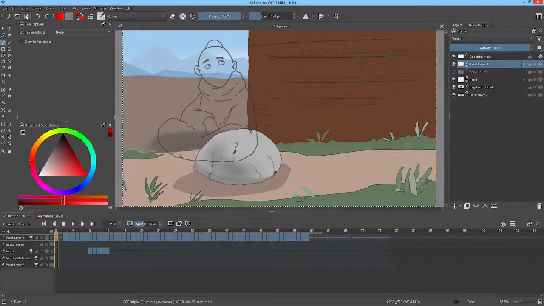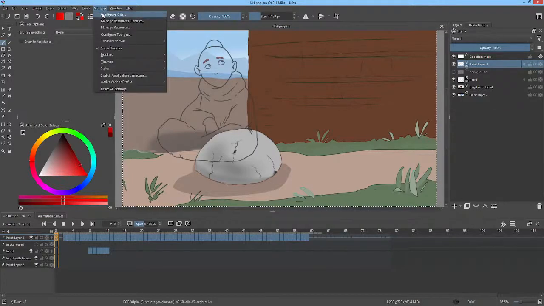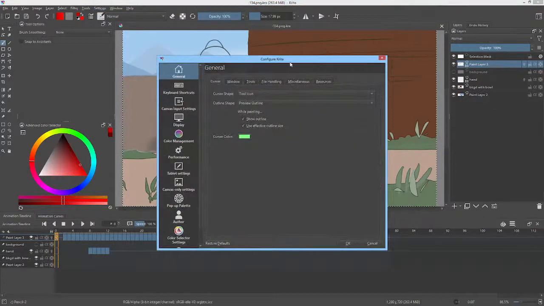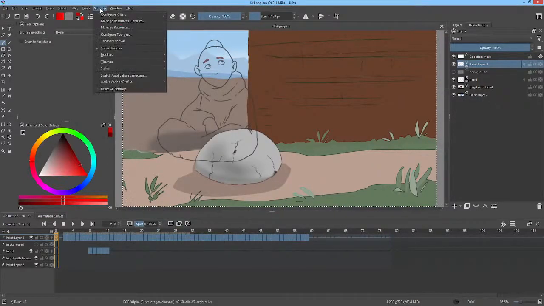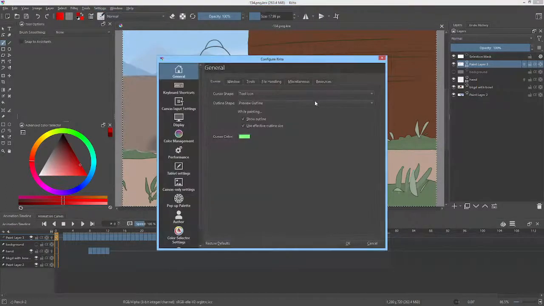But I found out to my dismay, one of the cool things in version 5 was that theoretically Krita is portable now, because you can go into your settings and change the resources folder, which in my case is put in a folder that's within the Krita application folder. So theoretically that makes Krita portable, but what I found out today is if you have multiple installations of Krita, so